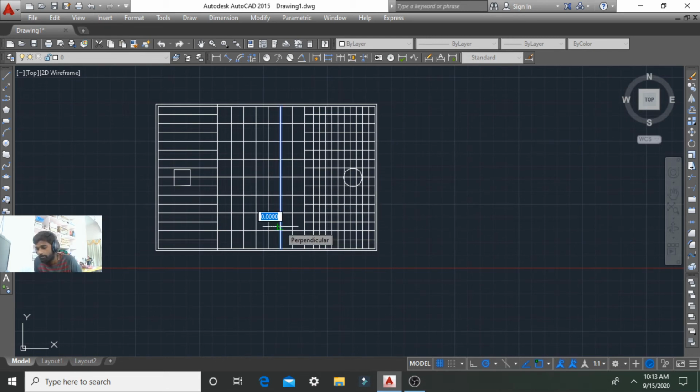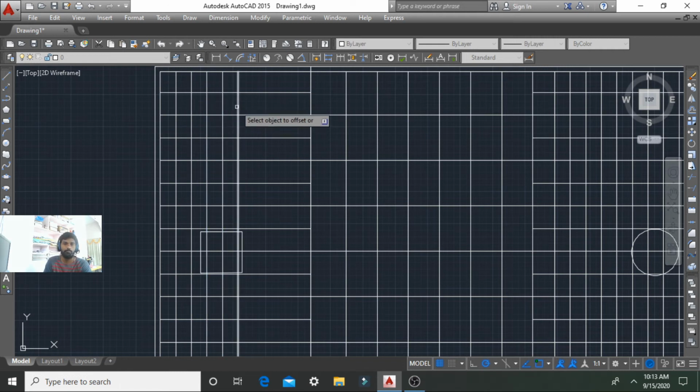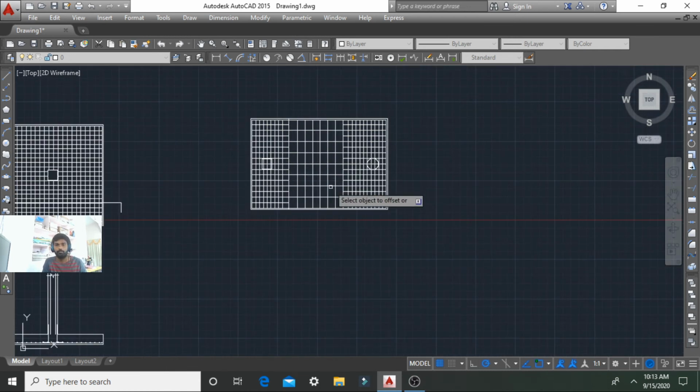Then after that, we can place the 150 mm, and this side also 20 mm dia bars with 150 mm. So this is about the combined footing.